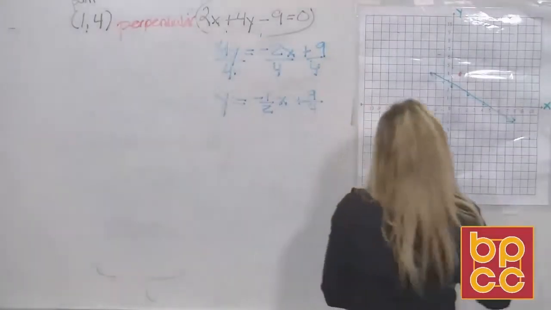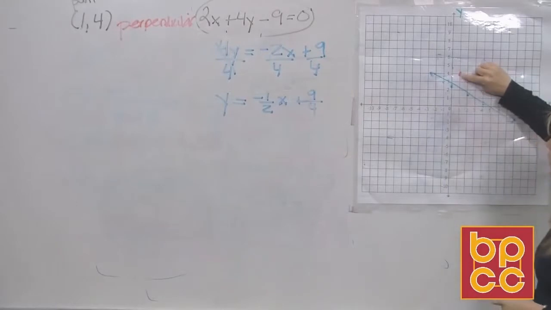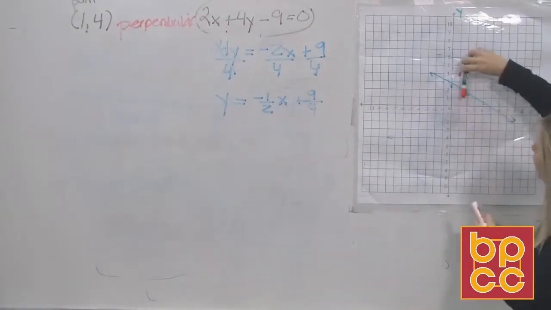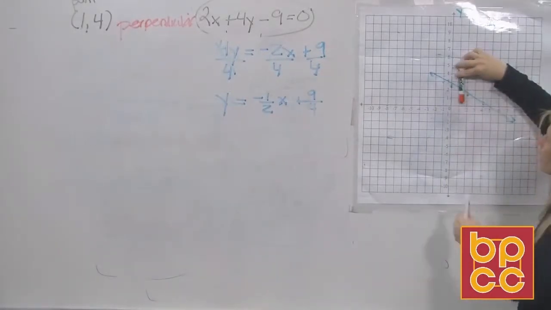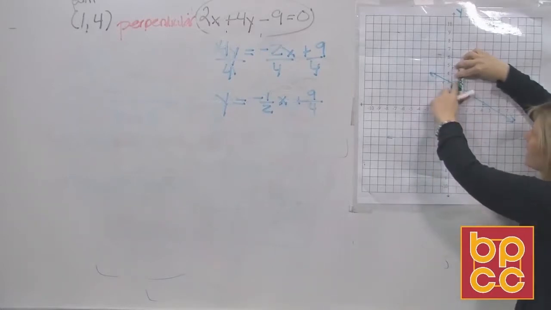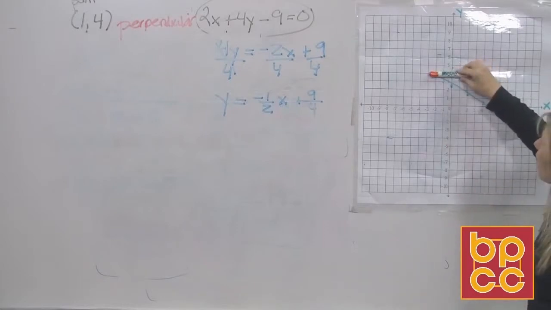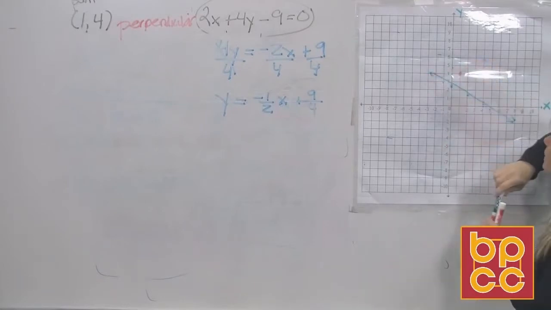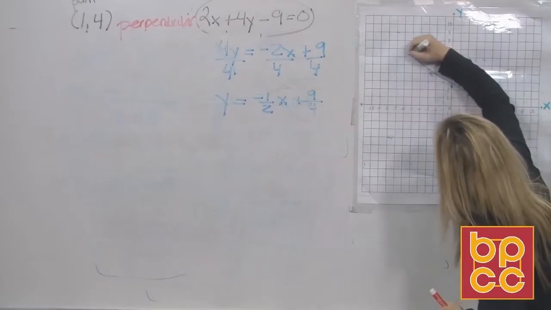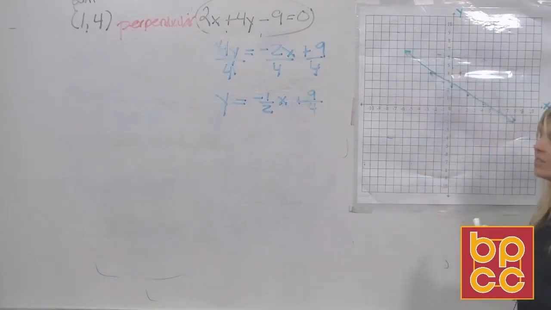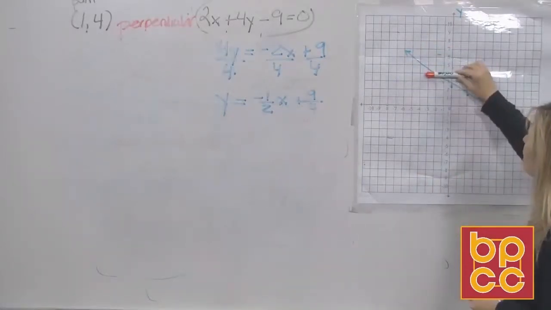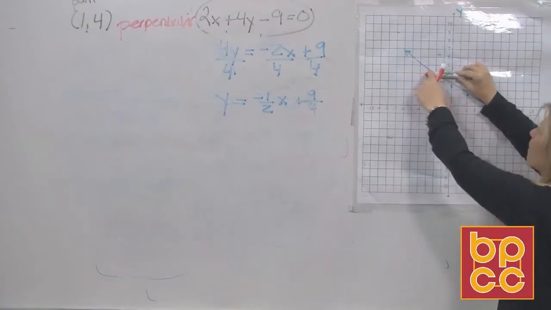Well, everybody look. Here's my point. I got to draw a line through this point. If I draw a vertical line, would it be perpendicular to the diagonal line? It intersects, but I hate to tell you that's not 90 degrees. So no. If I draw a horizontal line, would it be perpendicular? Now look, you know lines go on forever and ever. So I extend it. If I draw a horizontal line through that point, yeah, they intersect, but that is not